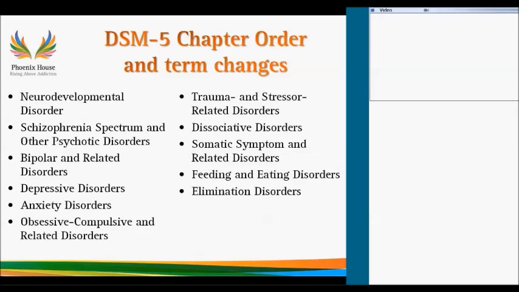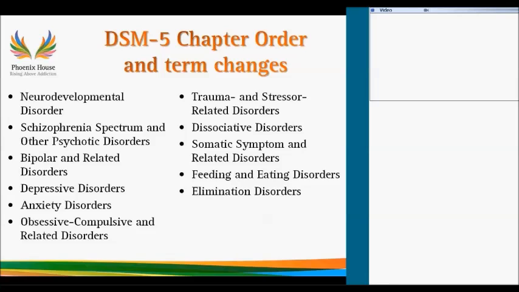These next two slides are just a list of chapter order going left to right, and this is the actual order in the DSM as it's published, starting, like I said previously, with neurodevelopmental disorders. Following that is schizophrenia spectrum and other psychotic disorders. That is the new title. And what should jump off the page here is that next, bipolar and related disorders and depressive disorders are